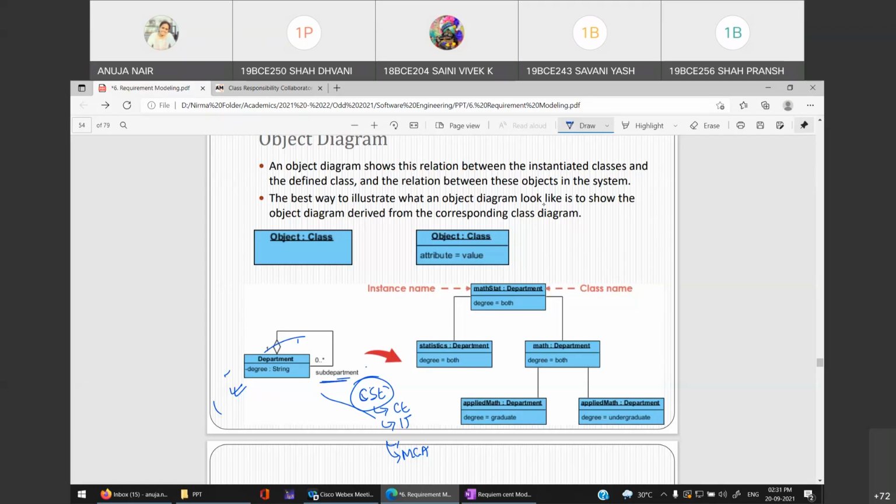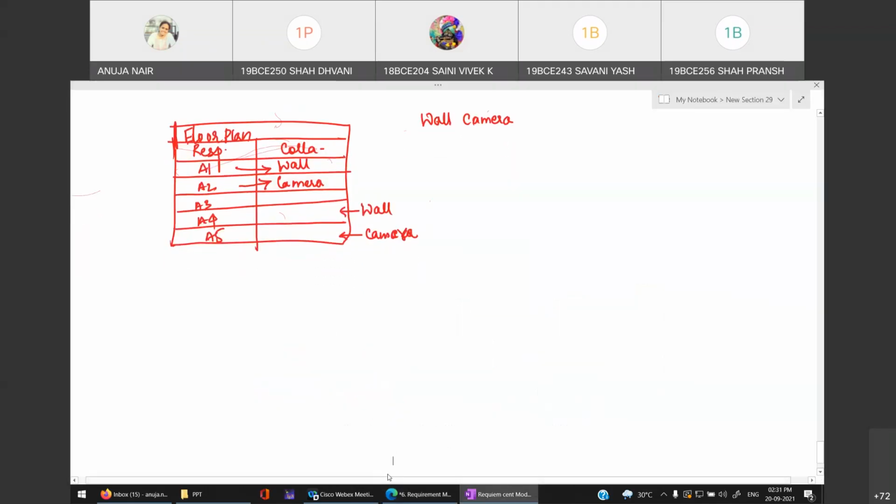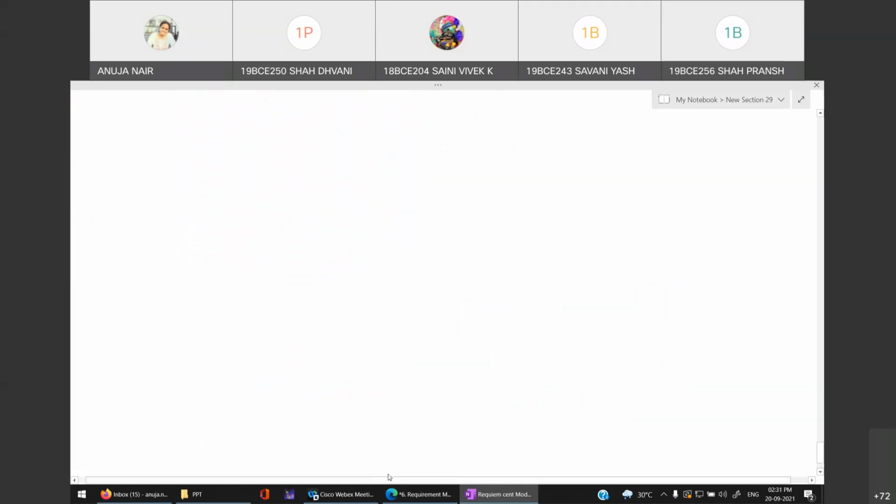Now when you have to create an object diagram, how do we create objects? How do you create objects in Java? Suppose I have a class called student. Something is written inside it. How do you create an object? New keyword, right? So you will write student, let's say I wrote S1.